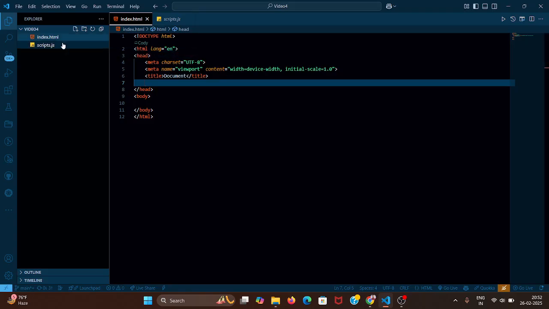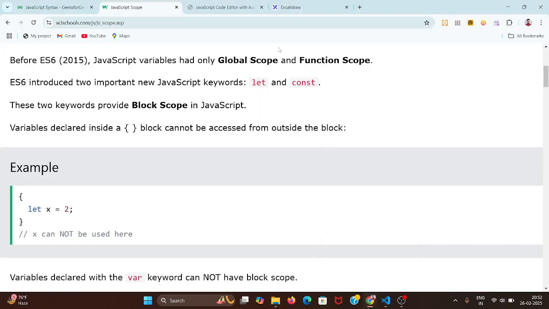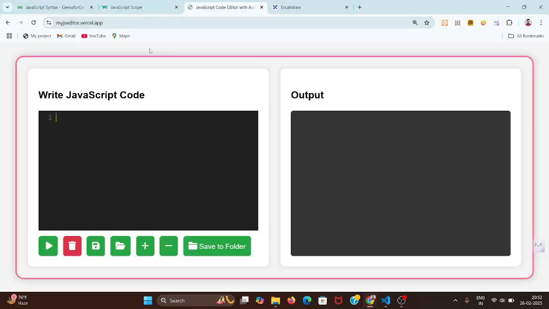So now we will not write inside script. Just for the purpose of practicing and learning the language, I have made this website, myjseditor.vercel.app. You can definitely visit it, or I will give you the link in the comment section. Don't forget to check it out. Now we will write simply as we write C or C++ code inside it, and we'll get the